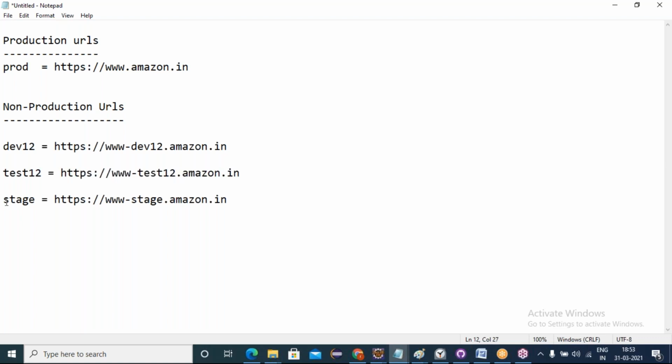Then it comes to the stage. In this stage, we conduct smoke testing in the stage environment. Then the stage code is deployed to the production server. This cycle happens. Understanding, friends? Now, how can I load the URLs dynamically? Understanding my question? Earlier I loaded the production URL. Now, according to the request we got, whichever instance we have to execute in, that instance's URL only I must load. Understanding my question?